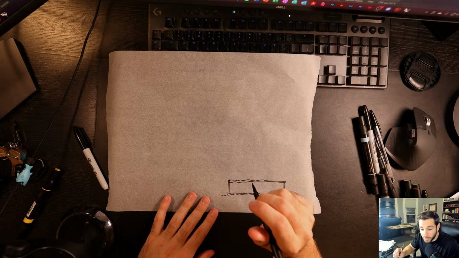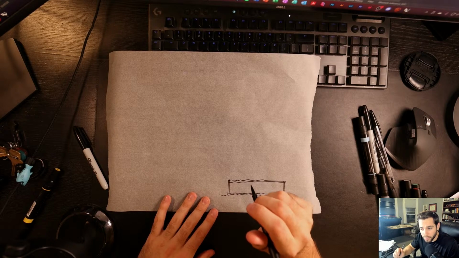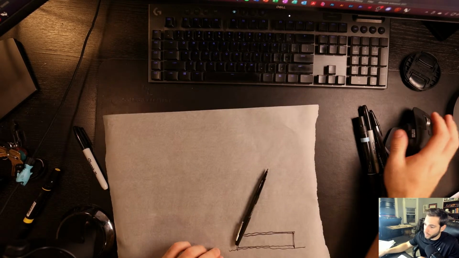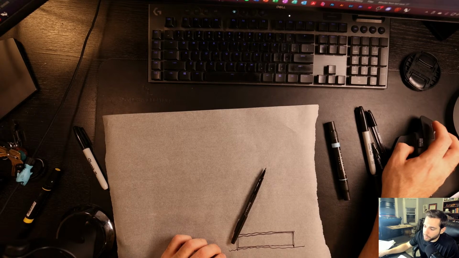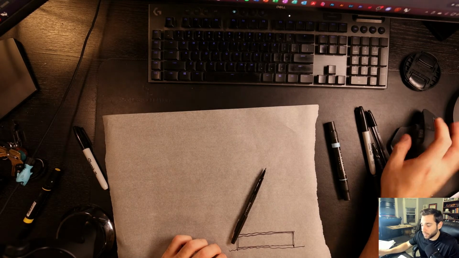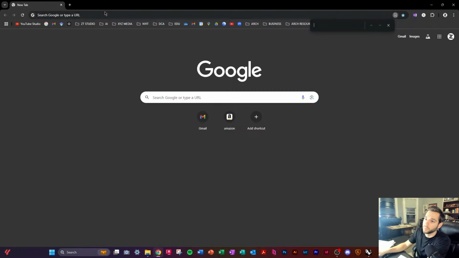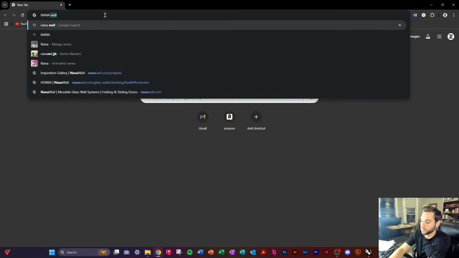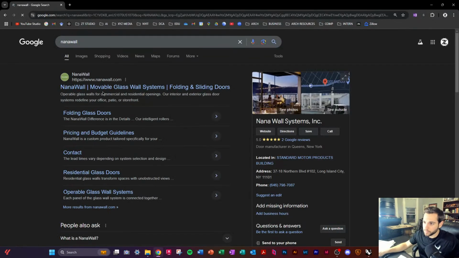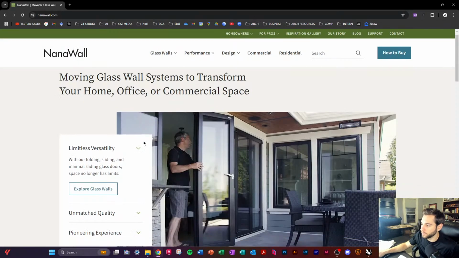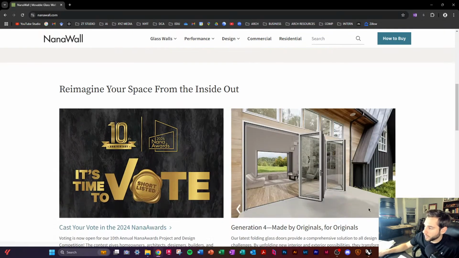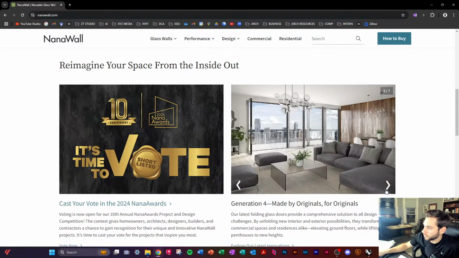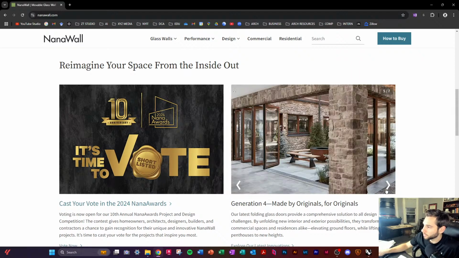Do you know what a nano wall is? My voice is killing me. So there's these doors and they collapse onto themselves and you get open space.